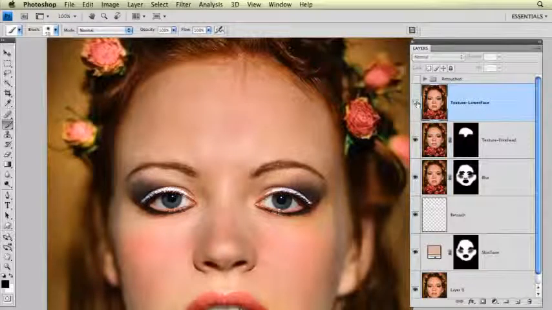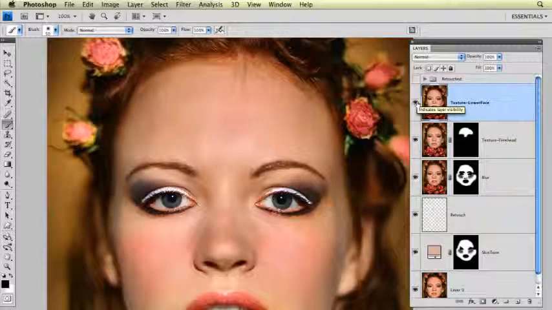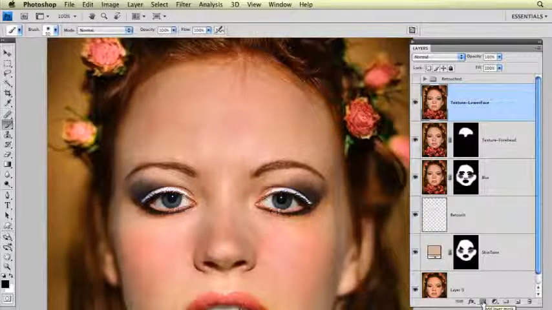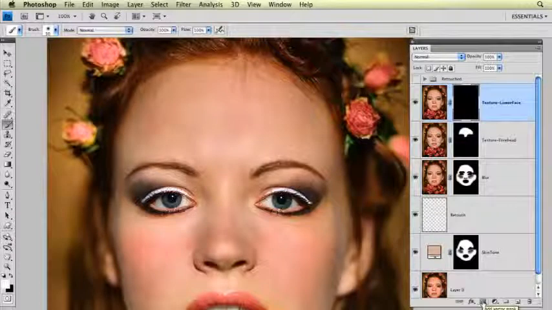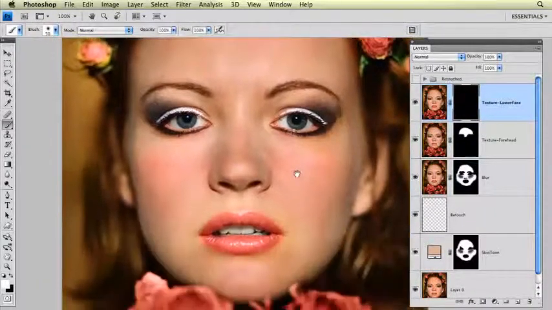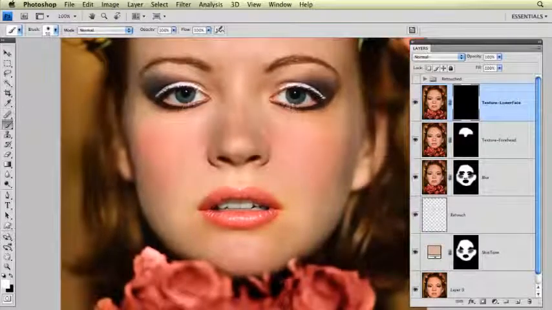And that's before, a little bit plastic looking. After, there's lots of texture. But, of course, the texture is everywhere, so we need to add a black layer mask. Again, go down to the Layer Mask button, click on Alt or Option, and zap. We have a black layer mask hiding the texture that we just added. Let me go in here, and now I'm going to paint with a nice soft white brush again, and I'm just going to add the texture back in